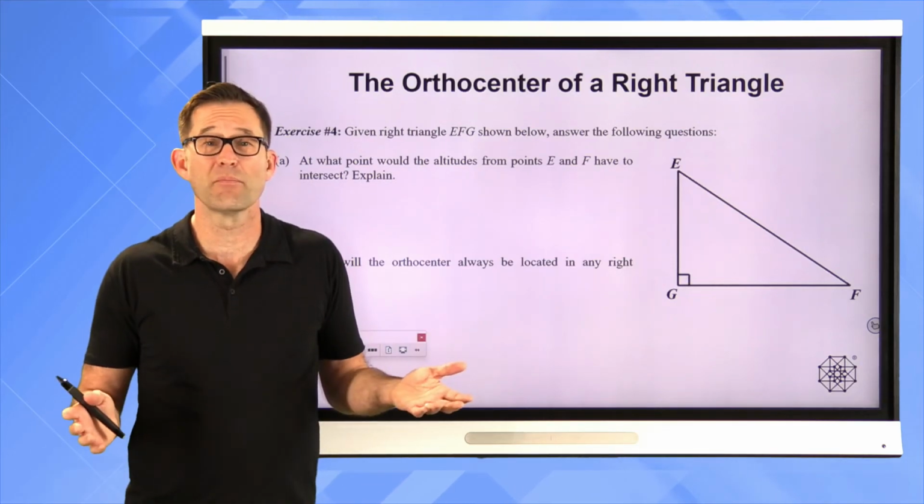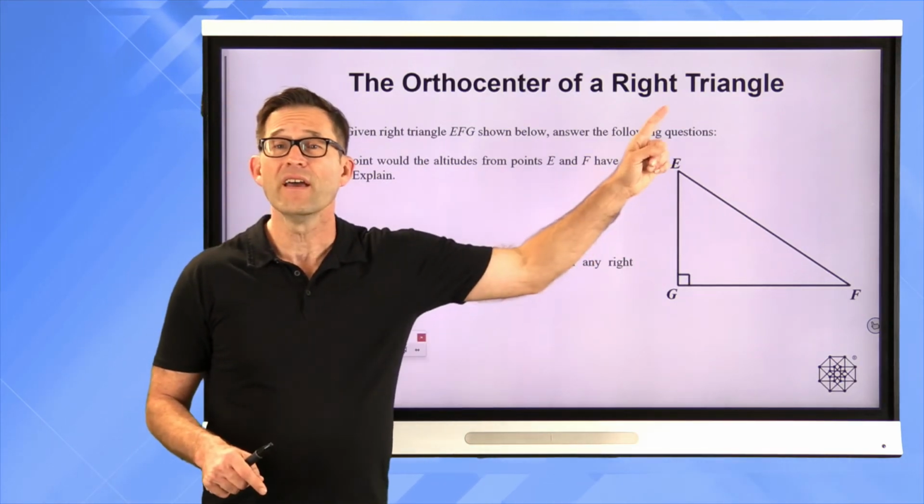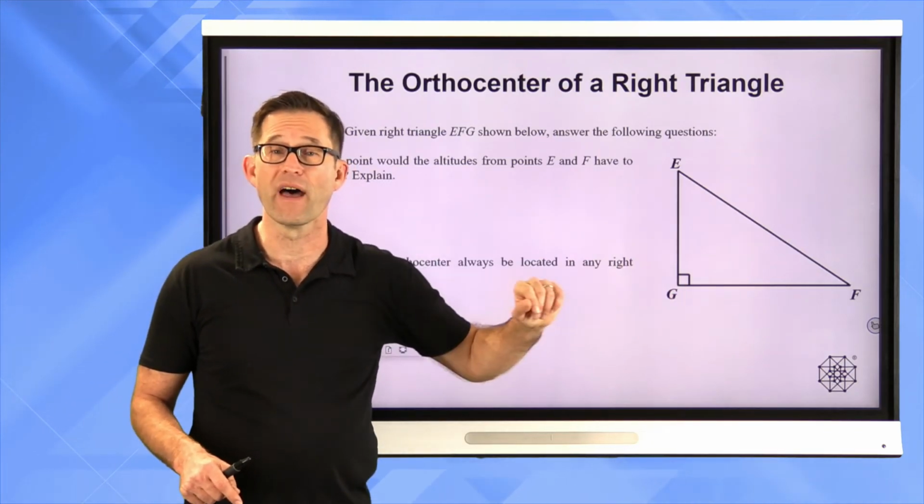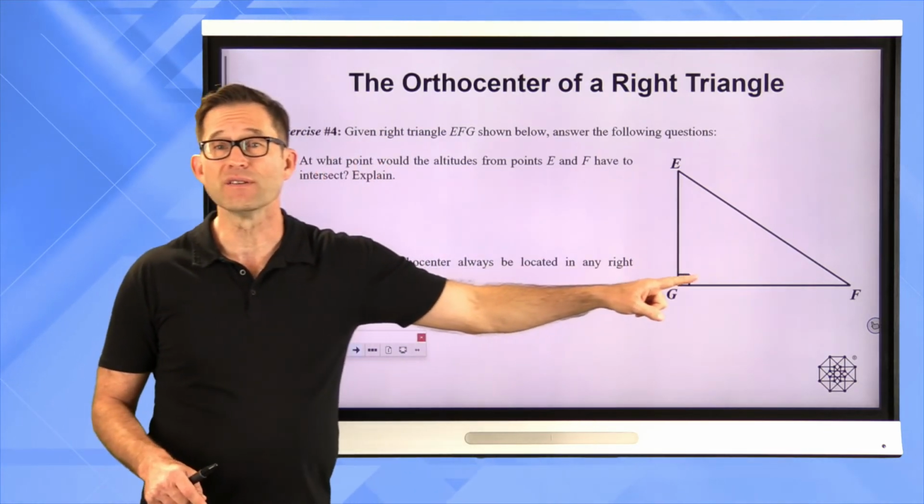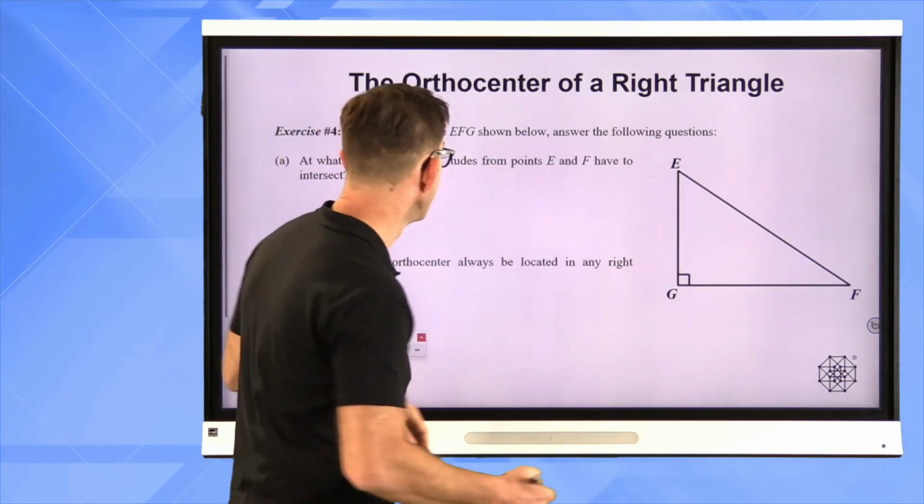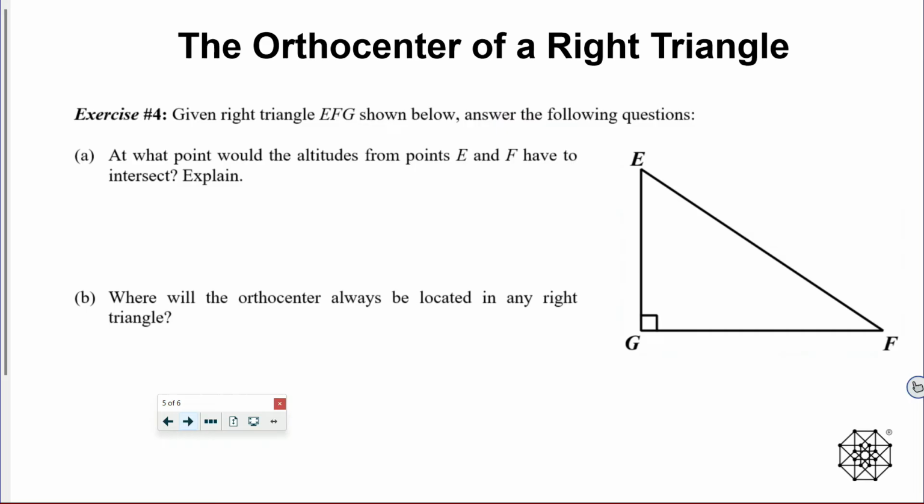Well, they'll intersect at point G, right? In fact, EG is already an altitude because it is perpendicular to FG, and FG is already an altitude because it's already perpendicular to EG, right? So they'd intersect at point G, and this is because